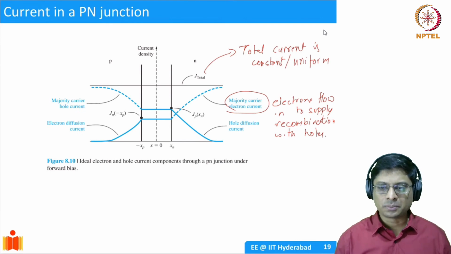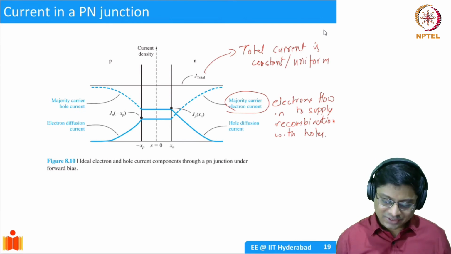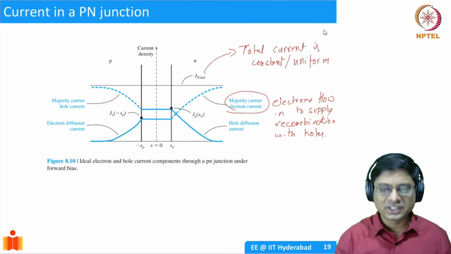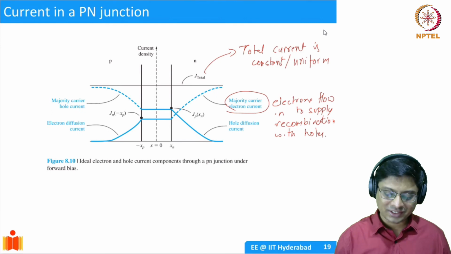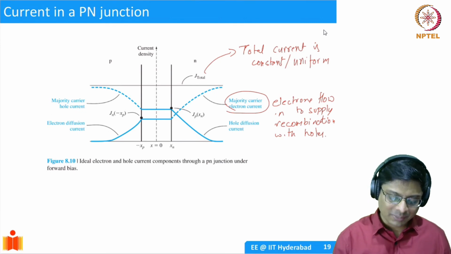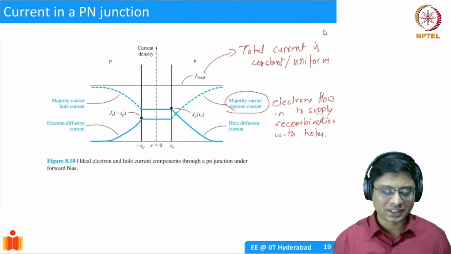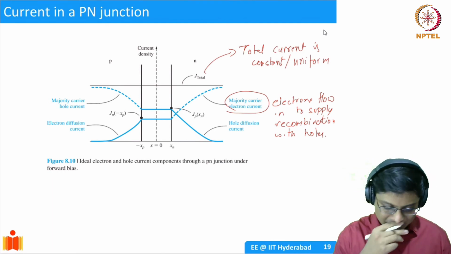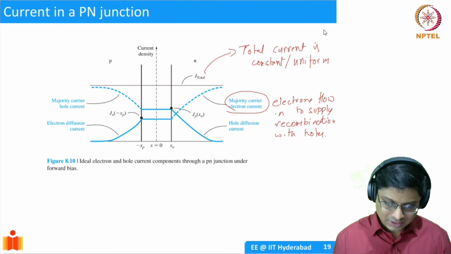Okay, so please take a moment, look at this diagram, and try to draw it by yourself. When you do that, you will see that there are a lot of assumptions which are not mentioned, but you will see how they come into the picture. All right, so this is about the total current. Let us try to answer one more puzzle.